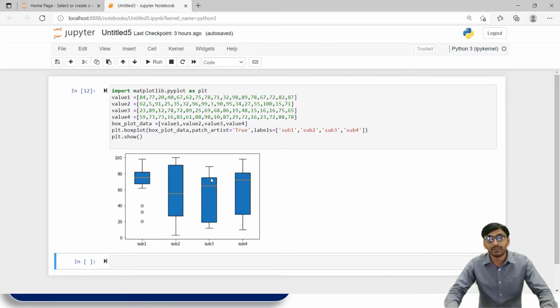The lower horizontal line of the box represents Q1, the first quartile, 25 percent, and the upper line of the box represents Q3, the third quartile, 75 percent. The line inside the box represents the median, 50 percent of the values.